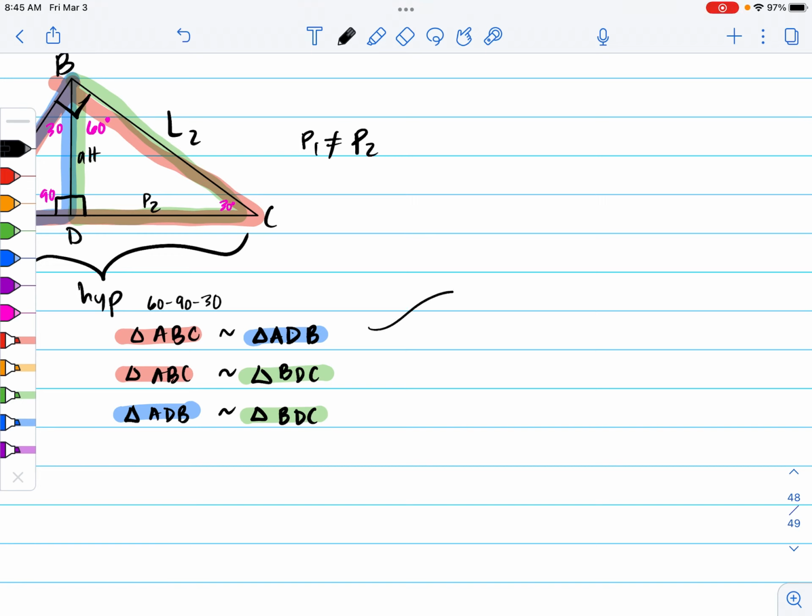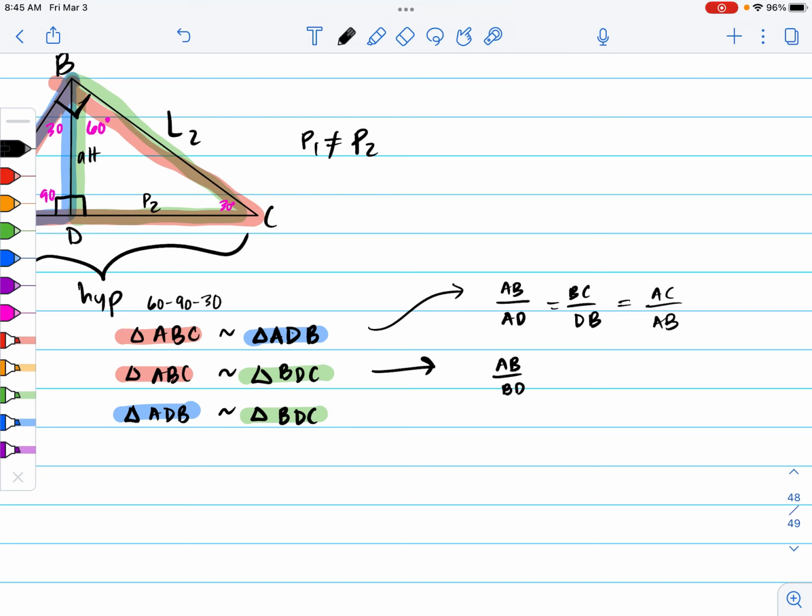We're going to have a whole bunch of corresponding parts. Okay, we have AB is corresponding to AD. BC is corresponding to DB, and AC is corresponding to AB. That is a ton of information, but